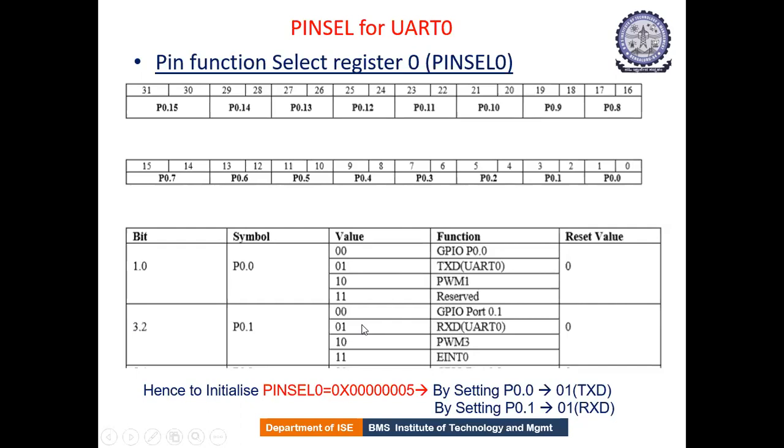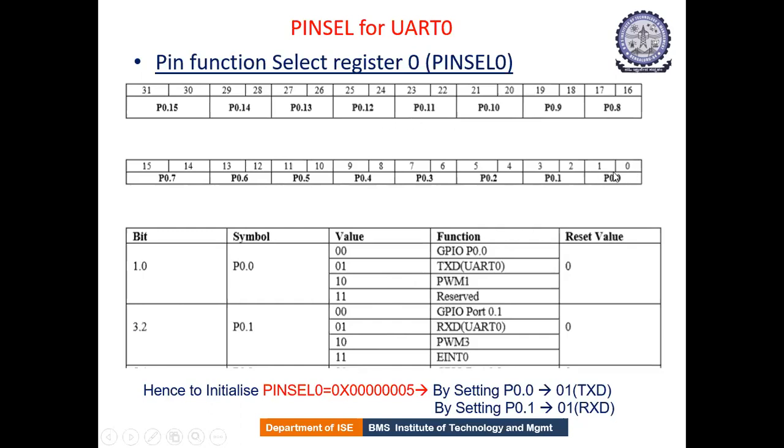Here we are not setting any of these values. They are already defined and kept by the manufacturer. We are supposed to only use them from that particular manual. This will be provided during the examination, and you can just see it and use the value. You only have to know how to represent this data in the pin select.